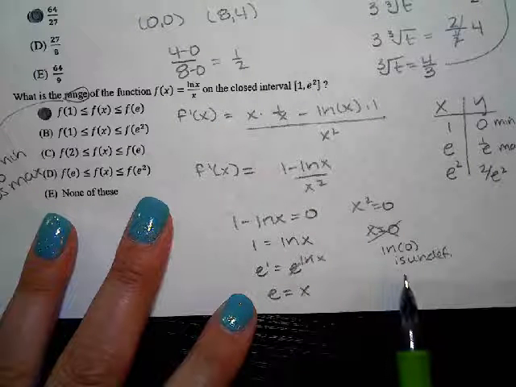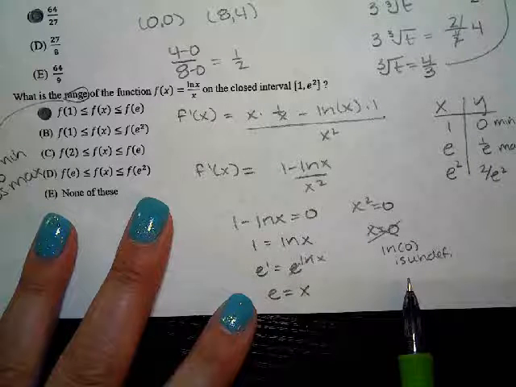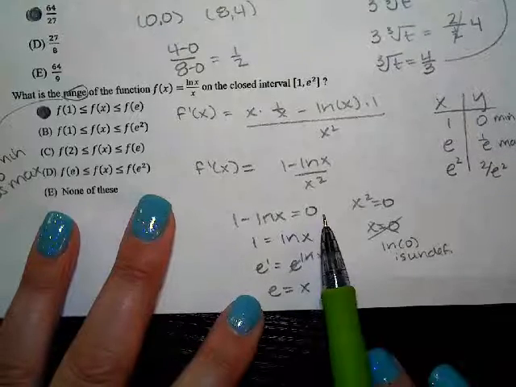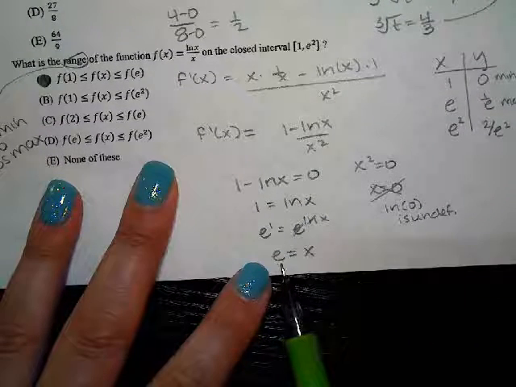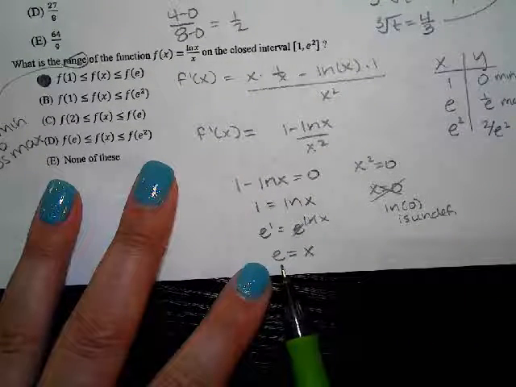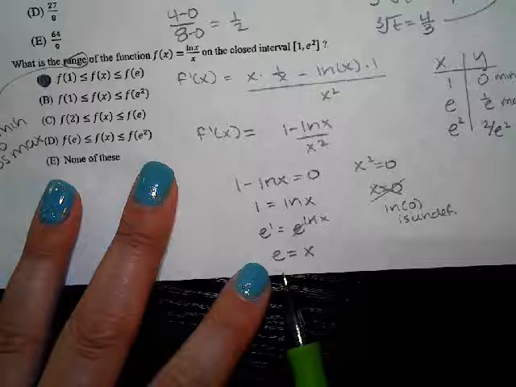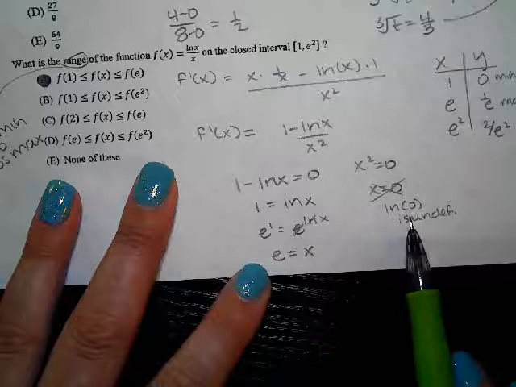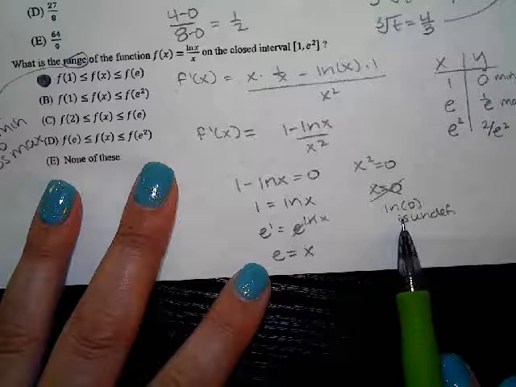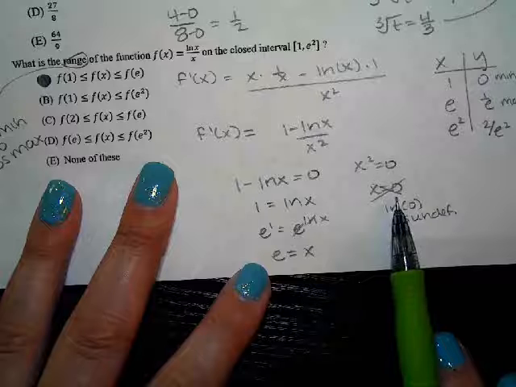Okay, so the top equaled 0 at e, so e was my critical point where the derivative equaled 0, and then x equaled 0 where my derivative was undefined,